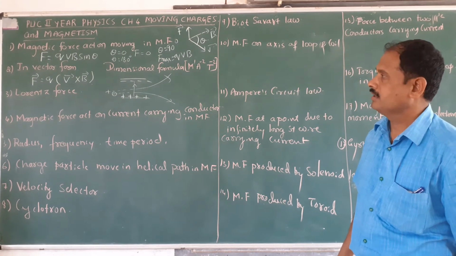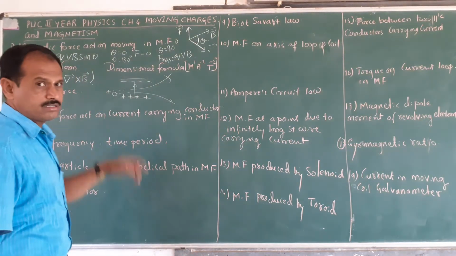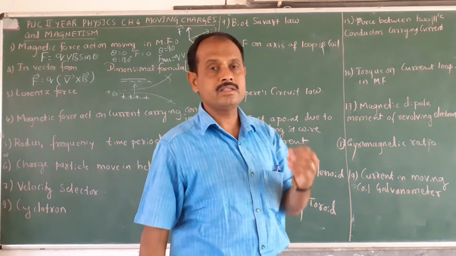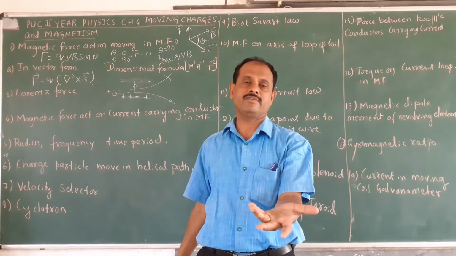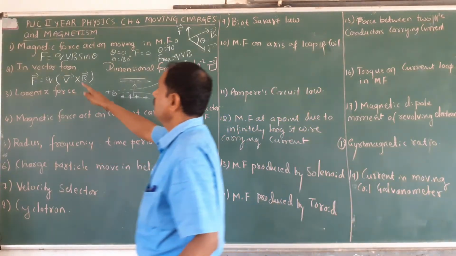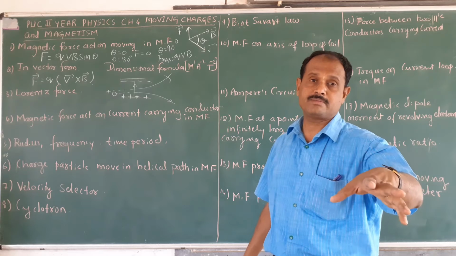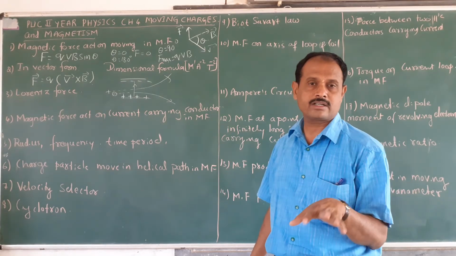Okay, now see here, if Q is equal to 0, meaning a neutral, uncharged particle enters the magnetic field, there is no force acting on the charge. If v is equal to 0, meaning a stationary charged particle, at that time no force acts on the charged particle.